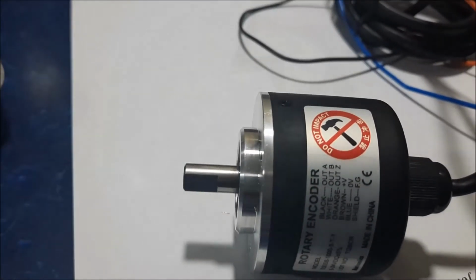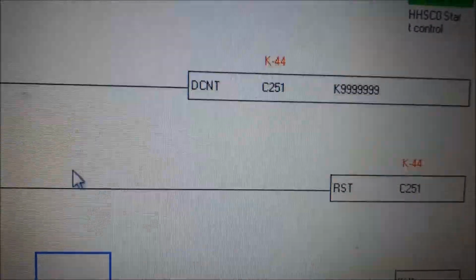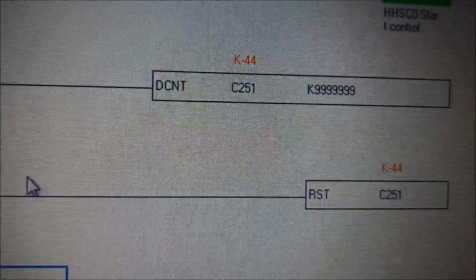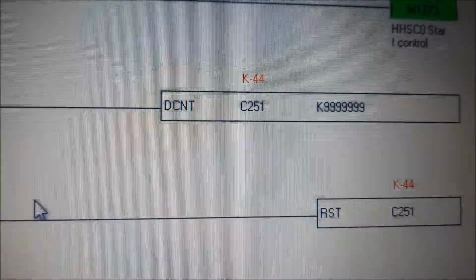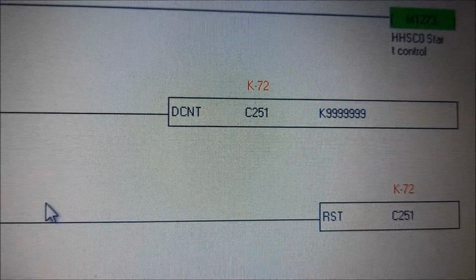So the program is downloaded, and now we have to see the shaft very clearly, then only you will be able to understand this. See here, first, now the value is minus. I am rotating in the clockwise direction here.